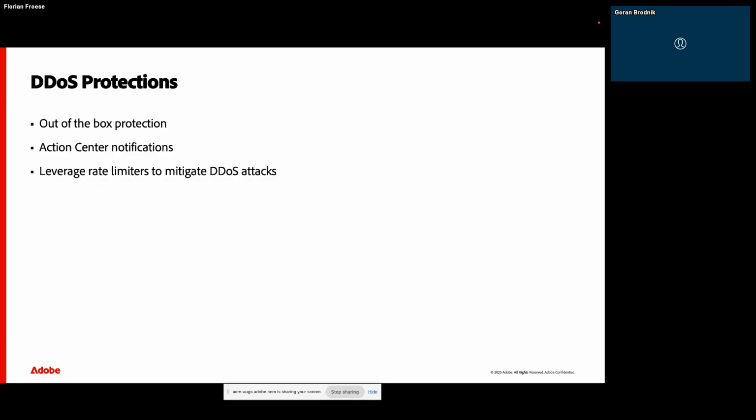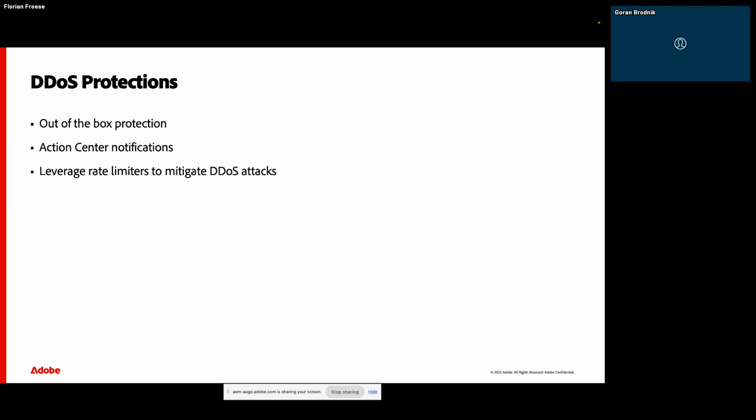So now that you know about the tools and how you can analyze your CDN traffic, let's dive into a specific kind of attack, DDoS attacks. So nowadays, unfortunately, any website can be the target of a DDoS attack. And so that's why Adobe provides some out-of-the-box protections in order to mitigate DDoS attacks on your website. Some of the protections are directly coming from Fastly, our CDN provider, that will protect you at the TCP/IP level. And on top of that, Adobe has its own DDoS protection at HTTP level that is mainly relying on